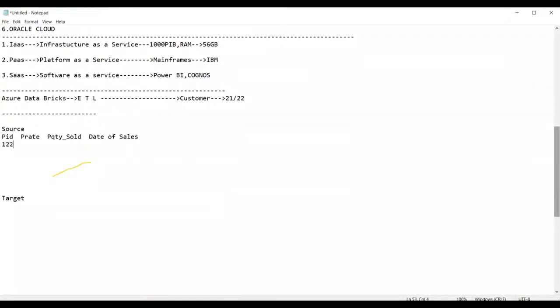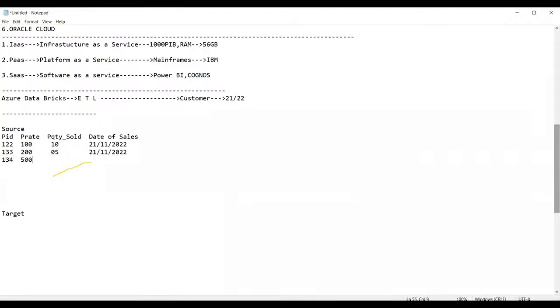Let us give the product rate as 100 rupees, quantity sold is 10, and date of sales is 21/11/2022. Then another product, the rate is 200, quantity sold is 05, and the date is 21/11/2022.